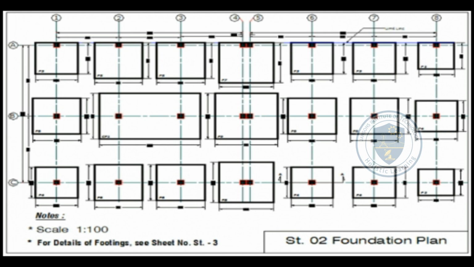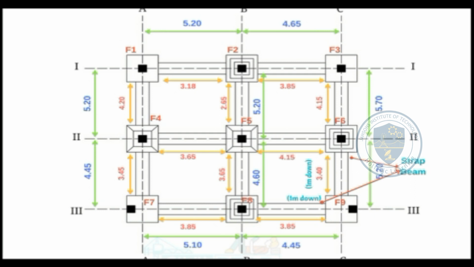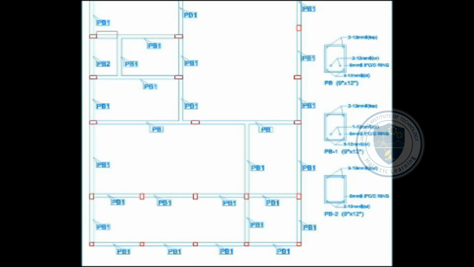Excavation drawing. This drawing represents the footing excavation dimension, column position, footing plan and grid lines of column. Next is column layout. This drawing represents the position and orientation of columns and column reinforcement details. Plinth beam layout. This drawing represents the dimensions, position and section of plinth beam and the details of reinforcement in